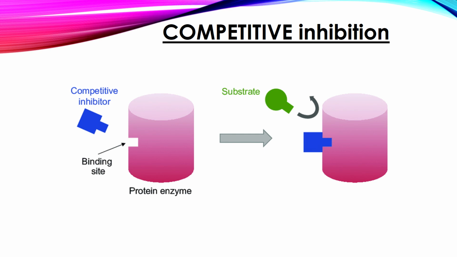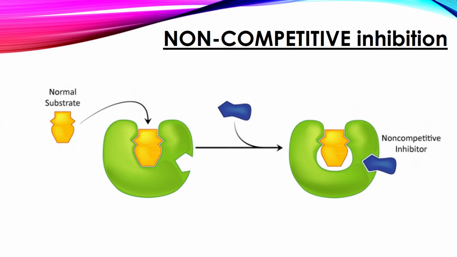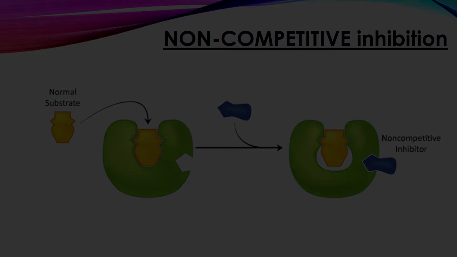Competitive inhibitor molecules resemble the normal substrates, taking over the enzyme active site, thus directly competing with the substrate in a reaction. However, a competitive inhibitor can be overcome simply by adding more substrate. The inhibitory molecule in non-competitive inhibition does not bind to the active site, but rather to another site of the enzyme called the allosteric site. This brings a slight change in conformation of the active site, though the substrate can still be bound to the active site, but the enzyme activity is temporarily altered.